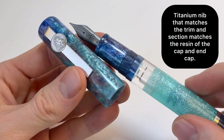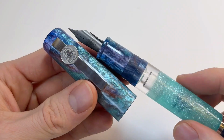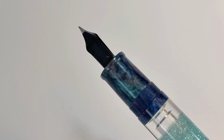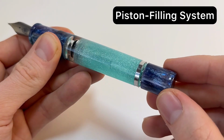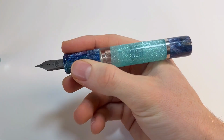The section matches the darker blue and colorful resin of the cap and end cap, and you have a titanium nib and titanium trim. And that's also a number 8 size titanium nib, so it's a bigger nib to suit this larger pen model. Here's a look at that piston fill system, and then here's a look at that oversized pen